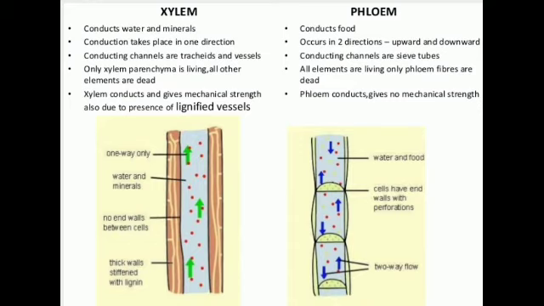See, if we are comparing the cells of xylem and phloem, see, vessels, they conduct water and minerals and their cell wall is lignified. It means deposition of lignin is there. While if we are talking about sieve tubes, they are unlignified and thin also. Cell wall is thin. The end walls are perforated. Perforated means pores are present in the form of sieve plates. Clear?